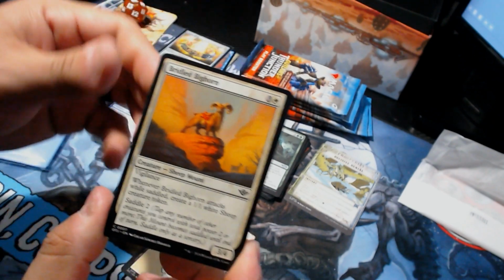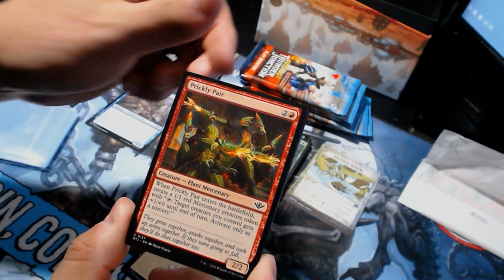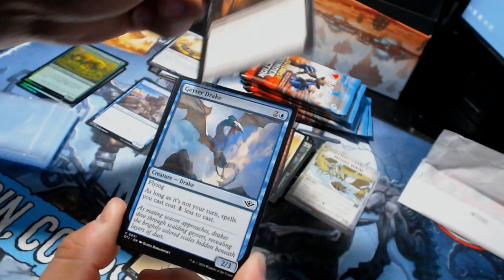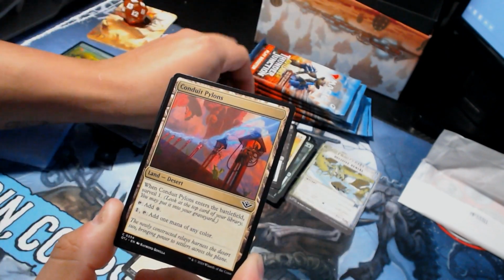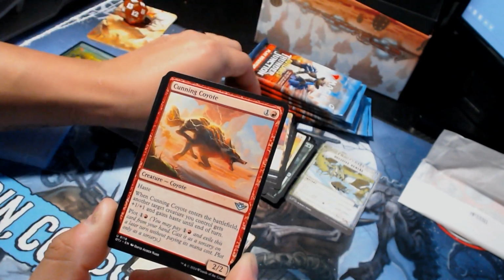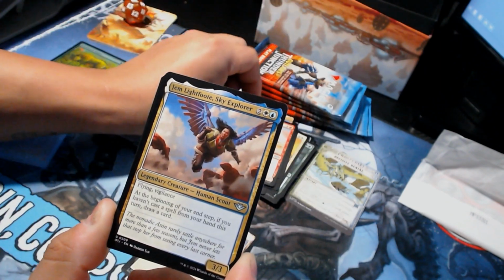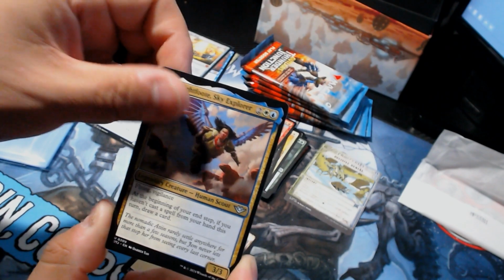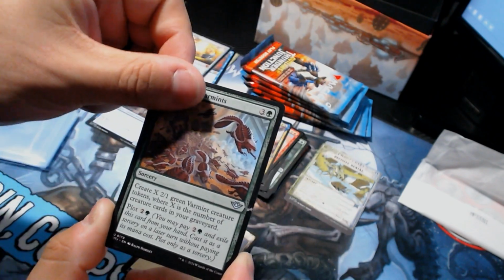Alright. Bridled Bighorn, Prickly Pear, Snakeskin Veil, Corrupted Conviction, Geyser Drake, Conduit Pylons, Cunning Coyote. We still haven't gotten the other one, and I still haven't found one either. Gem Lightfoot, Sky Explorer, Rise of the Varmints,